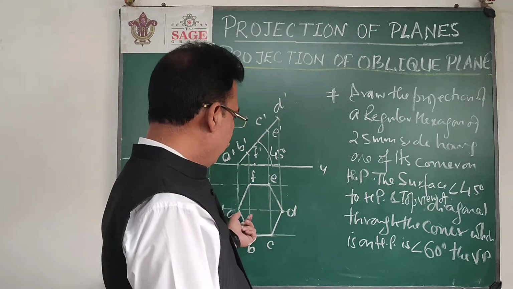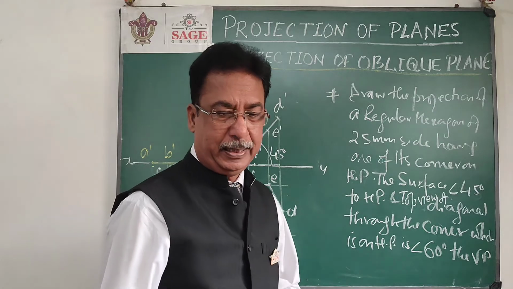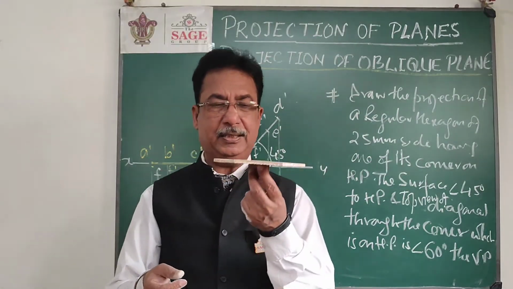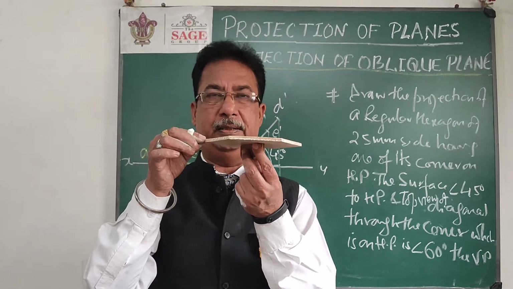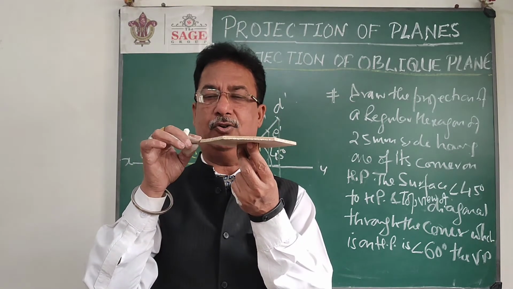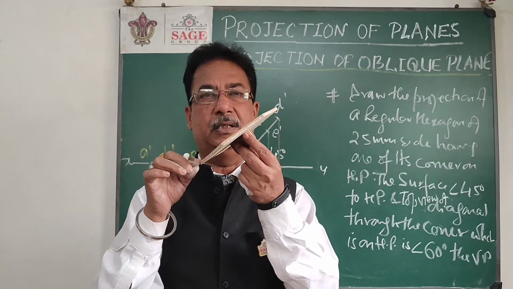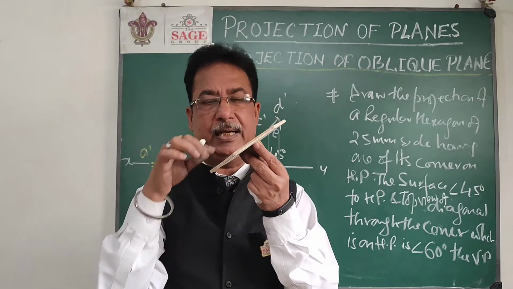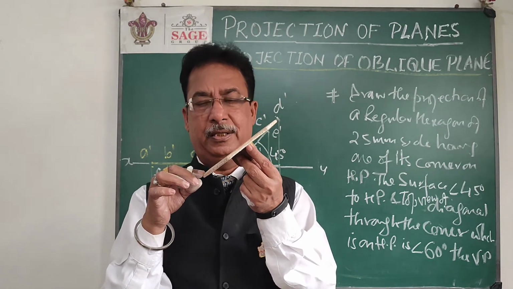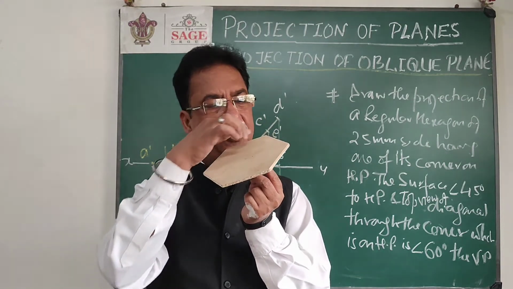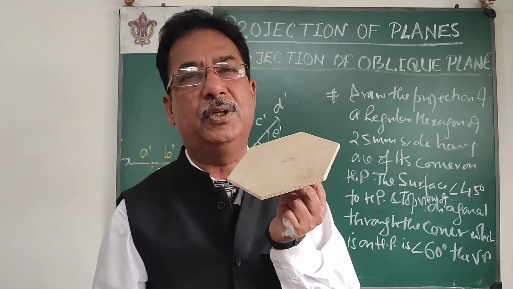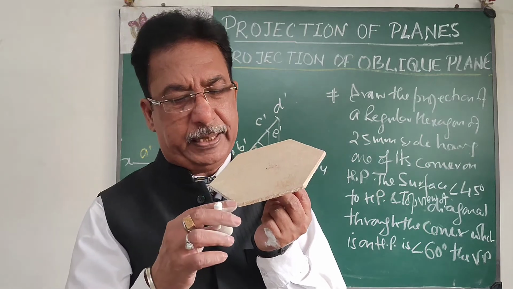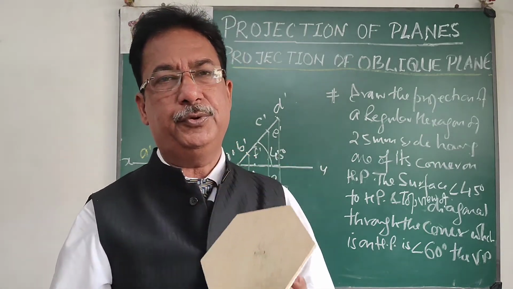So very easily I can rotate this figure and make it inclined to VP by some angle, 60 degrees. If you want to see it in space, then it will be like this. This is the initial stage, then later on we have turned it like this. Now the surface will be inclined to HP and perpendicular to VP. Now look at this diagonal, that is still parallel to VP. If I rotate it like this, now this diagonal will be inclined 60 degrees to the VP.